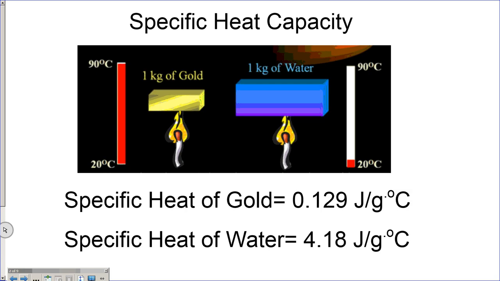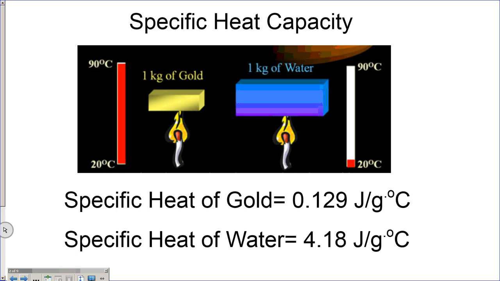So if you remember, we've already talked a little bit about specific heat capacity. This is referring to how much of a substance you have and what the substance is made of. Different objects have different specific heats. So some are going to heat up a lot faster than others. So here in the diagram, I have 1 kilogram of gold versus 1 kilogram of water. If you notice there's a change of 70 degrees,